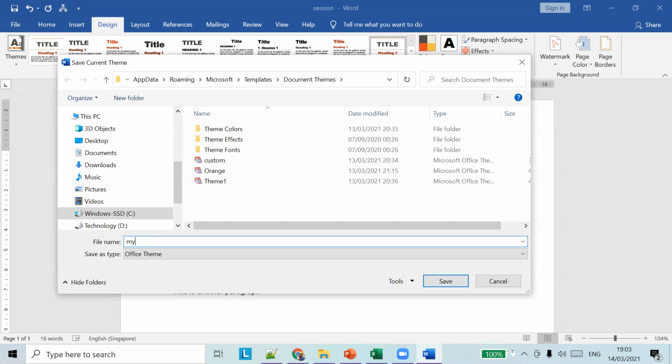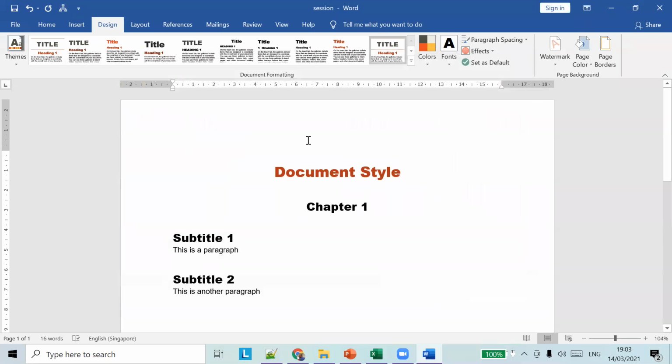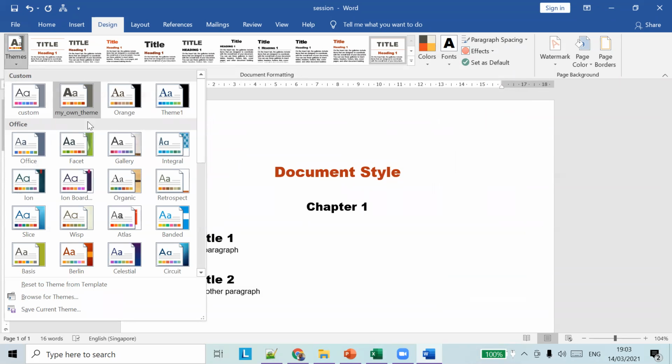Let's say My Own Theme, and I will save it in the same place. Now you can see the theme will be added in the themes tab.